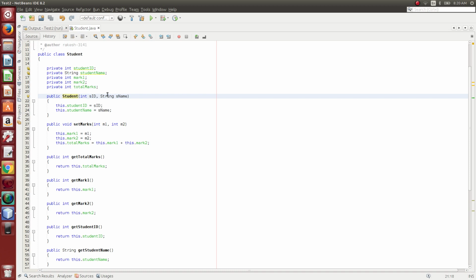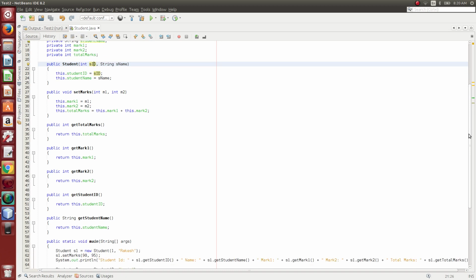We will discuss the arguments briefly in the coming videos. The int sid and sname are the 2 arguments sent to the constructor. It assigns sid to studentID and sname to studentName. I will explain how this constructor is used in our code. For now, just consider it a constructor. A constructor is used to assign values to the variables and for memory creation.